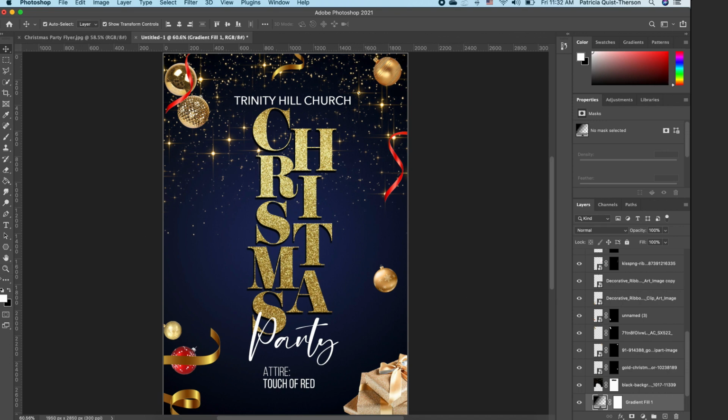Now we want to add a splash of red. So I'm going to create a little background, picking my rectangular marquee tool. I'm going to make a little box, or rectangle, around it. And I'm going to click on new